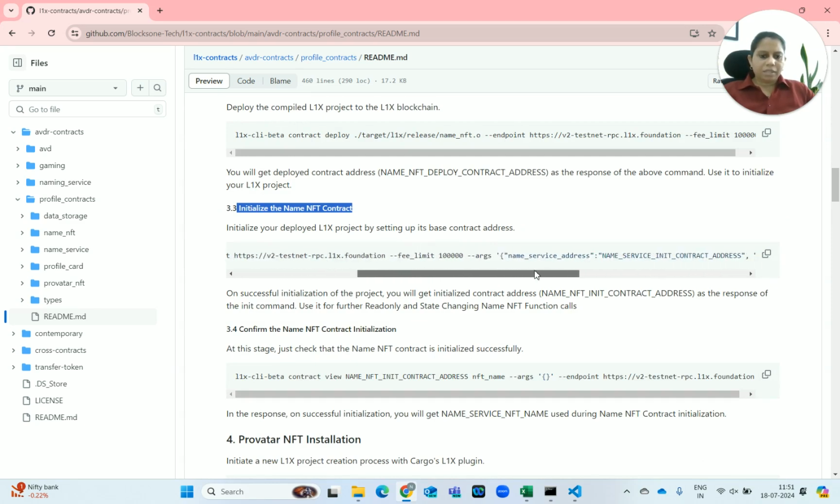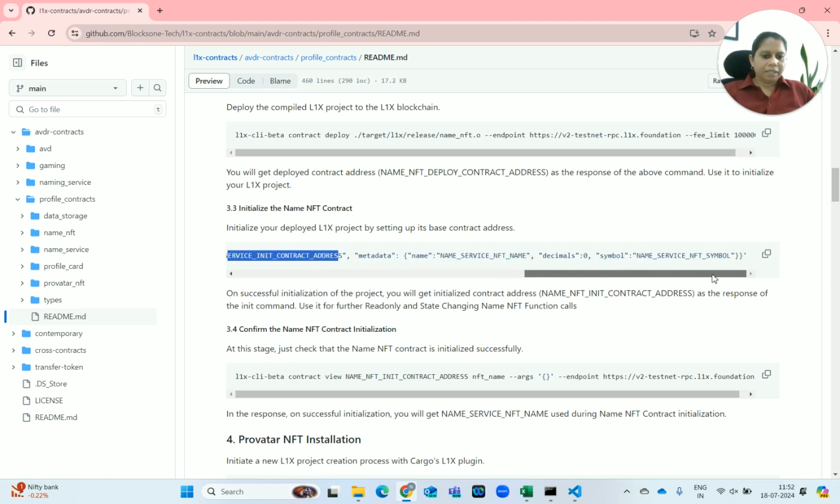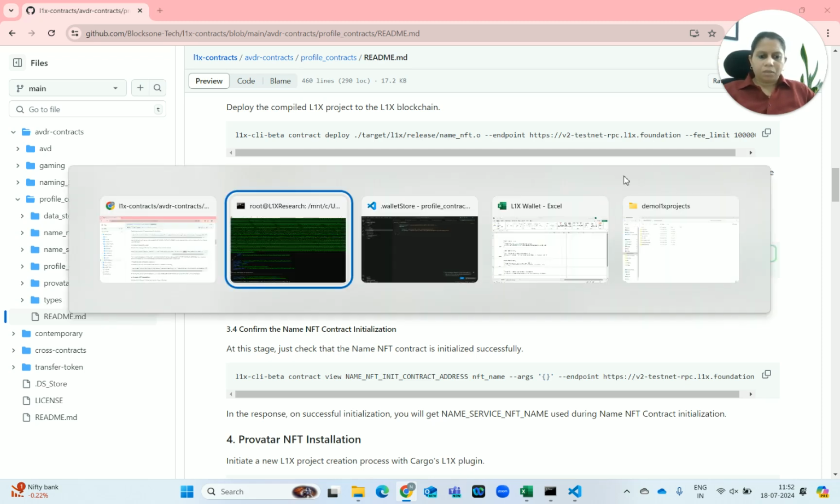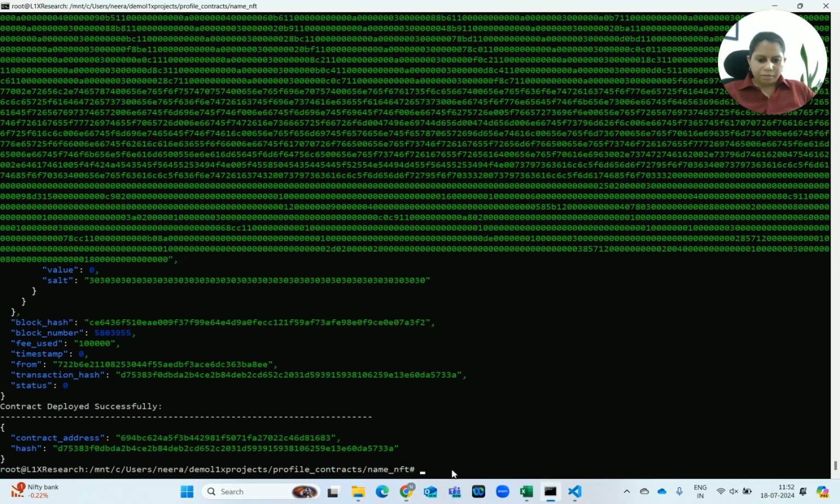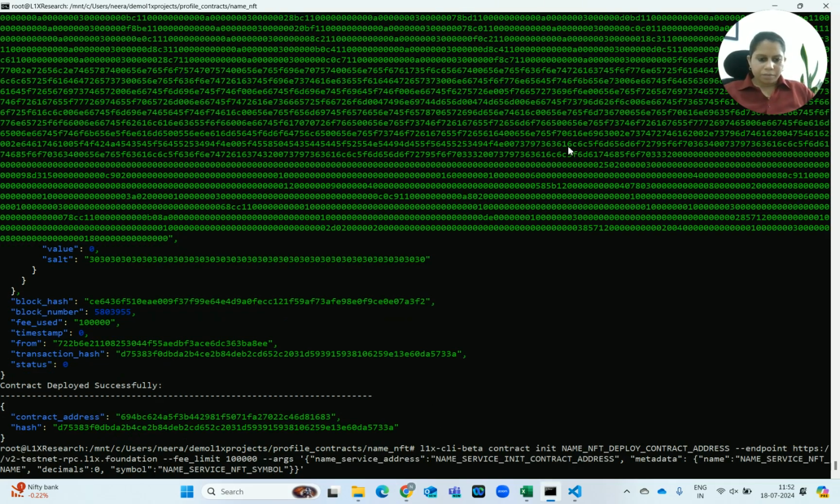While initializing the name NFT contract, we need to provide the name service initialized contract address and the metadata: name, decimals and the symbol. So let us get this command, put it here,